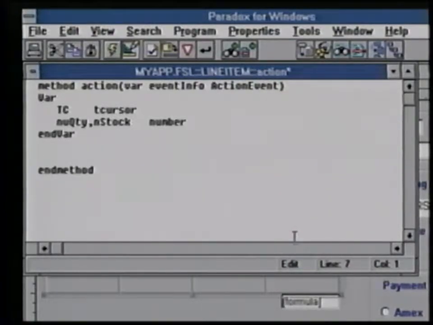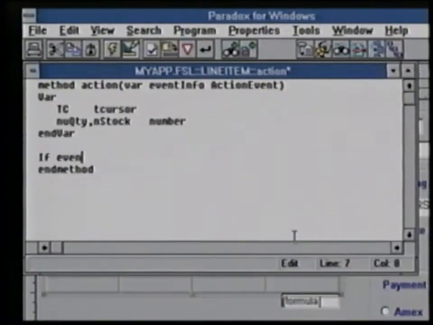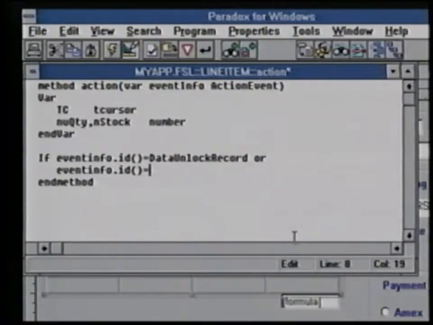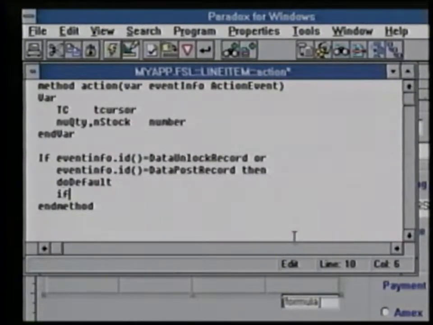Type the following code. If eventinfo.id, open and close paren, equals data unlock record, or eventinfo.id, open and close paren, equals data post record, then do default. If eventinfo.errorcode, open and close paren, equals PE key viol,